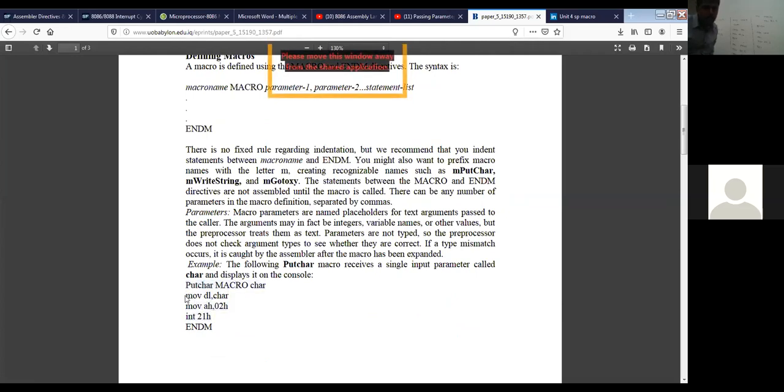It is move DL comma character, move AH comma 02 and INT 21H. So these 3 lines of code are encapsulated in a macro. Here we are making it a macro, and then we are using it in the code.